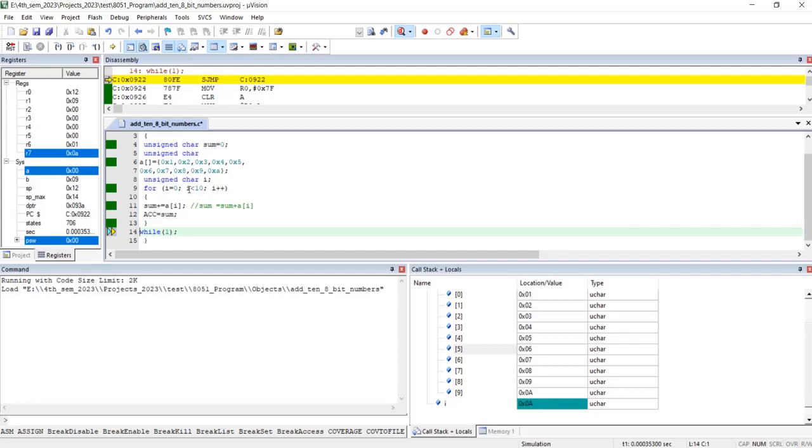Okay, so 10 is less than 10. See here, the I value is 0x0a, that is the 10 in hexa value. So what is the hexa value of 10 in decimal? That is 10. So 10 is less than 10. The condition is failed. So it will come out of the loop and it will stop the execution of addition